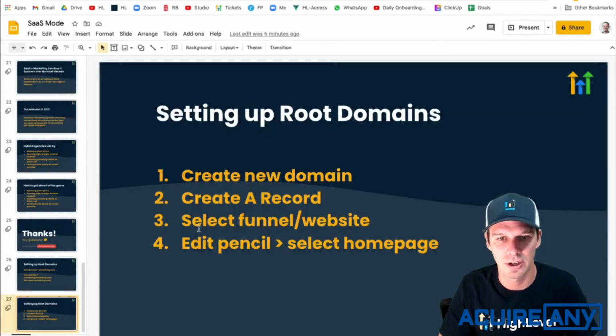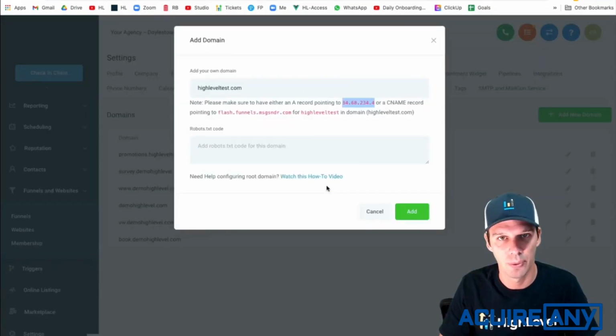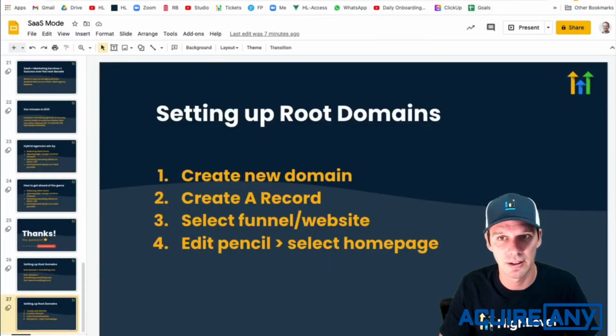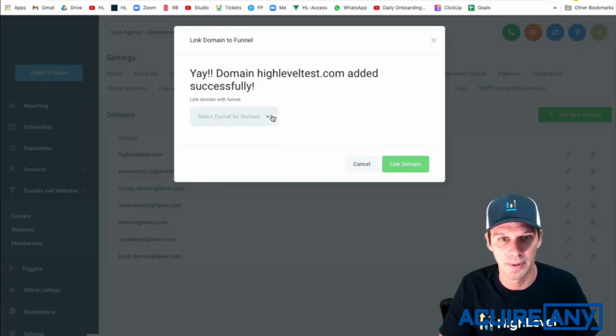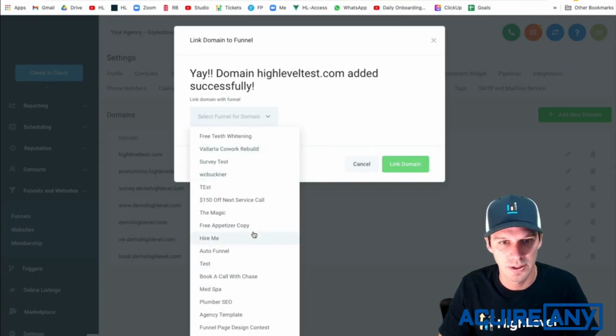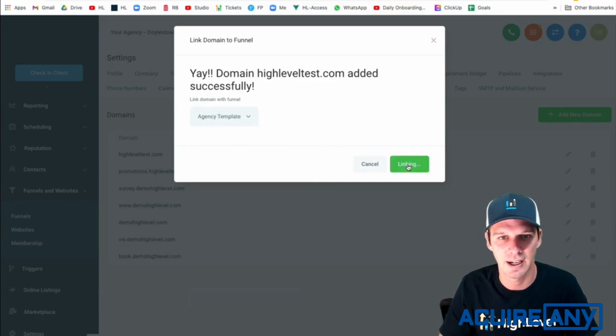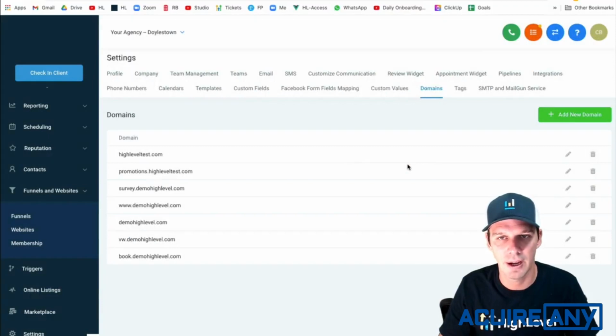Now if we bounce back to our instructions, the next thing that you're going to do is select the funnel or website. So in order to do that, we have to wait until that A record propagates and until HighLevel can see it. So we're going to hit add, and that happened really fast. So you might get an error and you might have to hit it a couple of times and wait a couple of minutes. But once it sees the record, it will propagate, and now we can do step number 3, which is select the funnel or the website that you want the domain to point to. So we had said we're going to use agency template, that was it. Okay, so I select that, I hit link,